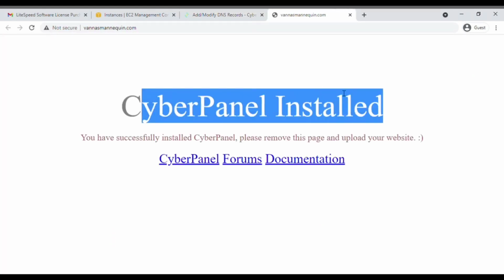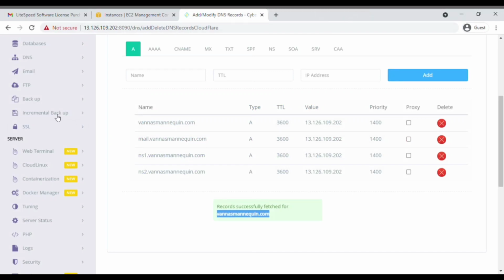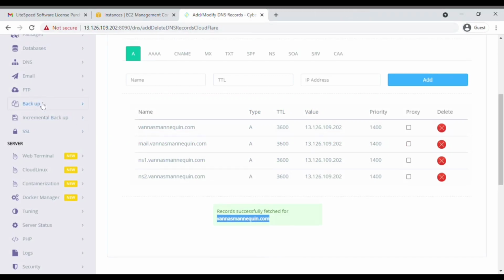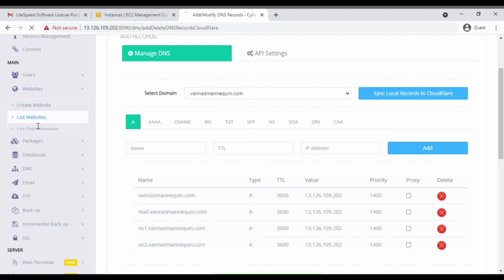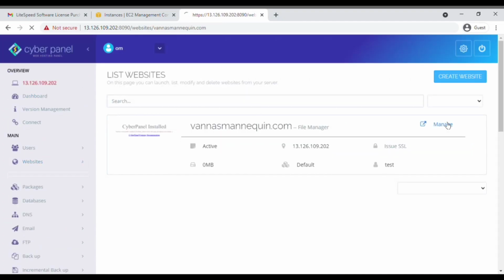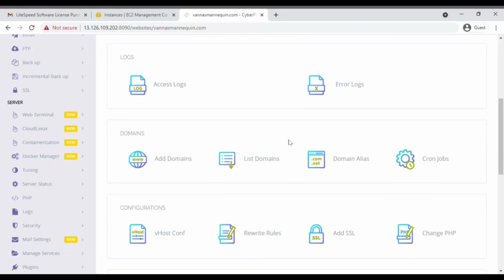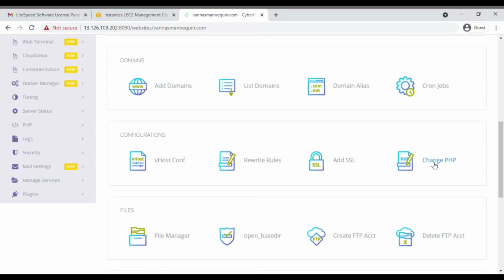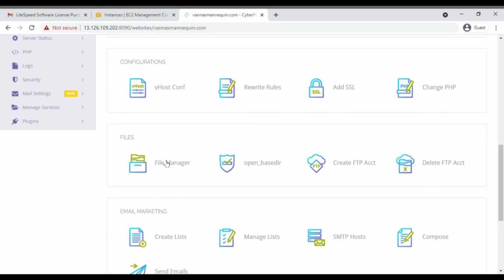We are now finally installing WordPress on our free hosting. For that, simply go to Websites, click on List Websites. Now click on Manage Website. And now this is your new dashboard. Here you can add your domain. There are many other features, like you can add custom SSL, you can change the rewrite rules. You also get the file manager. You can also create FTP accounts.